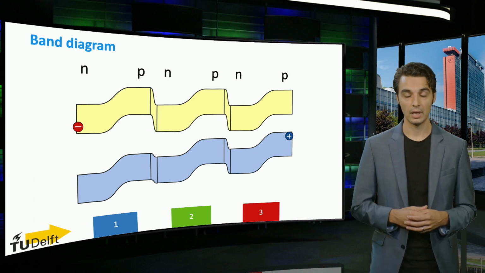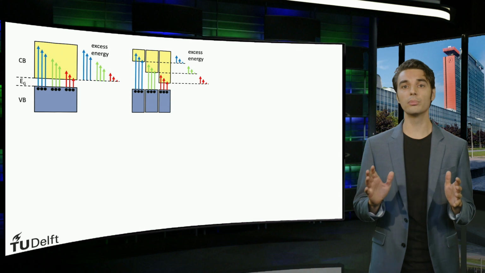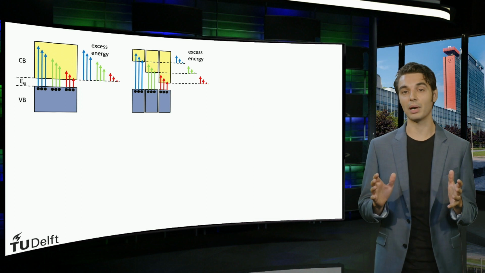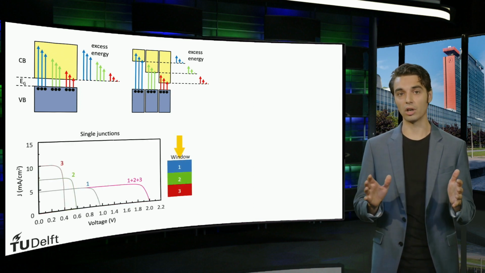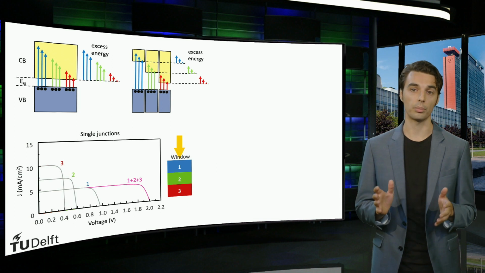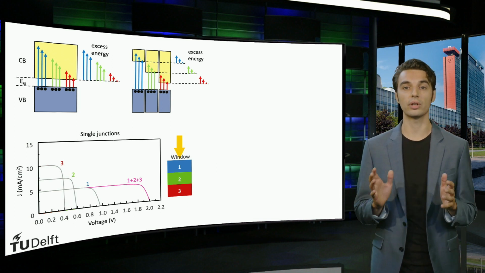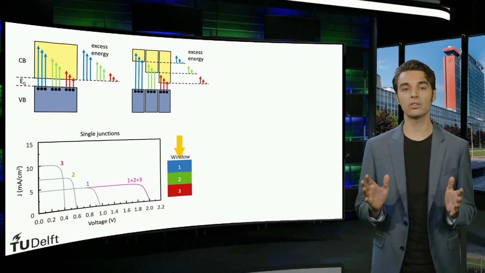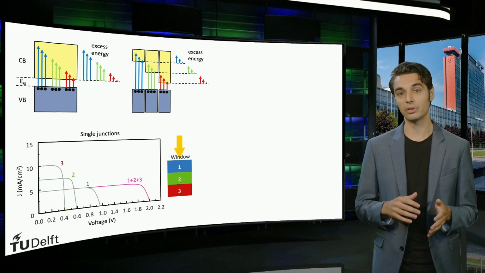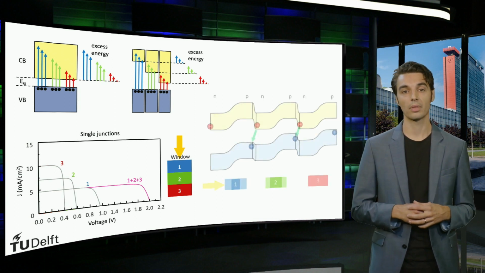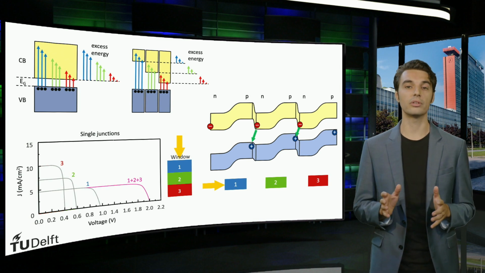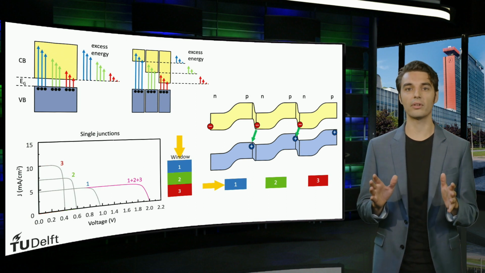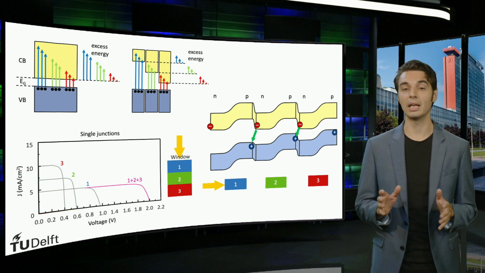In summary, we have discussed how using multiple junctions in a solar cell can increase the spectral utilization of a device by decreasing the amount of excess energy. We saw that the junction with the highest bandgap energy always acts as the top cell and that the junctions in a multi-junction device are connected in series. Consequently, the voltages of the individual junctions in a multi-junction configuration add up, and the current of the device is limited by that of the lowest generating junction. Finally, we discussed how the multi-junction devices require the use of tunnel recombination junctions. In the next video, we will discuss a challenge for creating high-efficiency multi-junction devices, namely current matching.